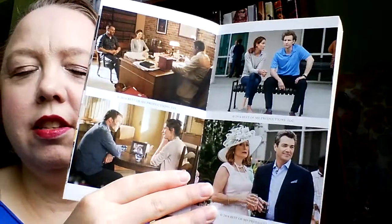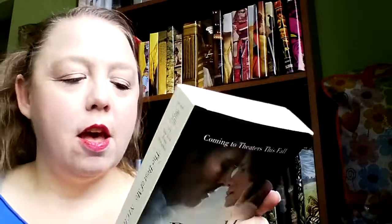Have I seen this? I don't think so. No, I have not seen this. It's the movie tie-in edition with pictures. But I remember seeing the trailer and liking what it looked like, so... Okay, so I'm going to have the actors in my head when I read this, but this will be my catch-all fiction. Okay, black is science fiction, and this was so much fun because I got